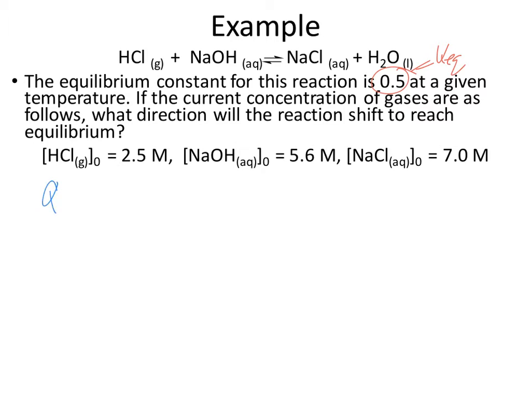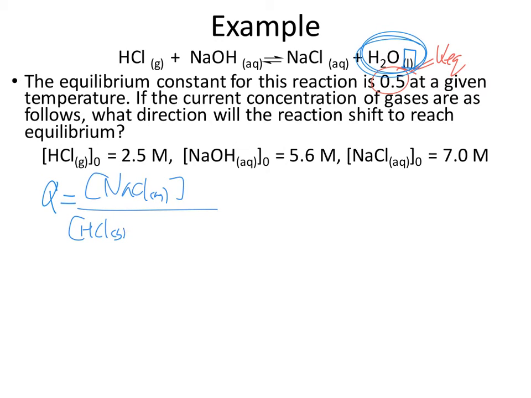Now right away, you should see something when it comes to looking at our quotient expression, which is products over reactants. However, look at the water. The water is a liquid. If you didn't see that, you should have noticed that there are only three values given to us. We do not have a value for water because pure liquids are not included in our equilibrium or reaction quotient expression. So our expression is products over reactants, in this case the concentration of NaCl, aqueous, divided by the concentration of HCl gas, multiplied by